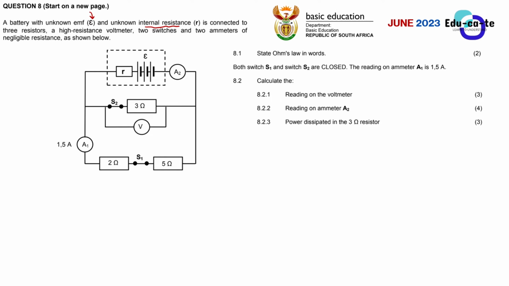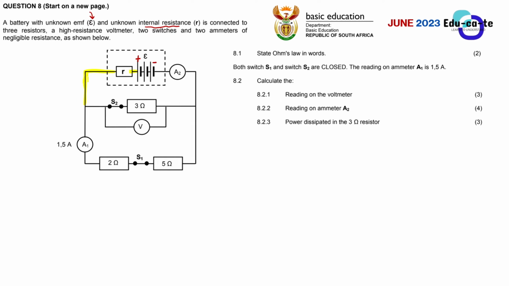Now, before we even get to the questions, we need to make an analysis of the circuit. So when we make an analysis, we realize that this is the positive terminal, and this is the negative terminal of the cell. A conventional current flows from the positive terminal all the way towards the negative terminal. So here the current will flow from the positive side. The current that I'm highlighting with yellow is referred to as the total current, because this is the current coming directly from the cell.